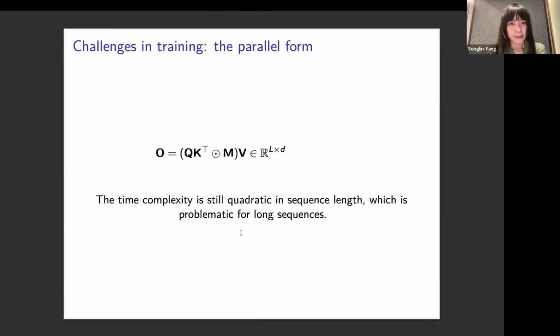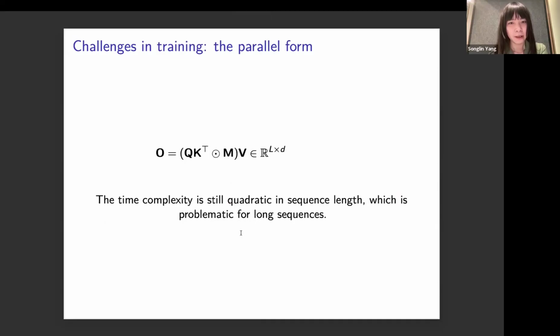Next, I'll be discussing how to train linear attention models in a very efficient manner. Previously, we showed that linear attention has two equivalent forms: the parallel, self-attention style form, and the second one is